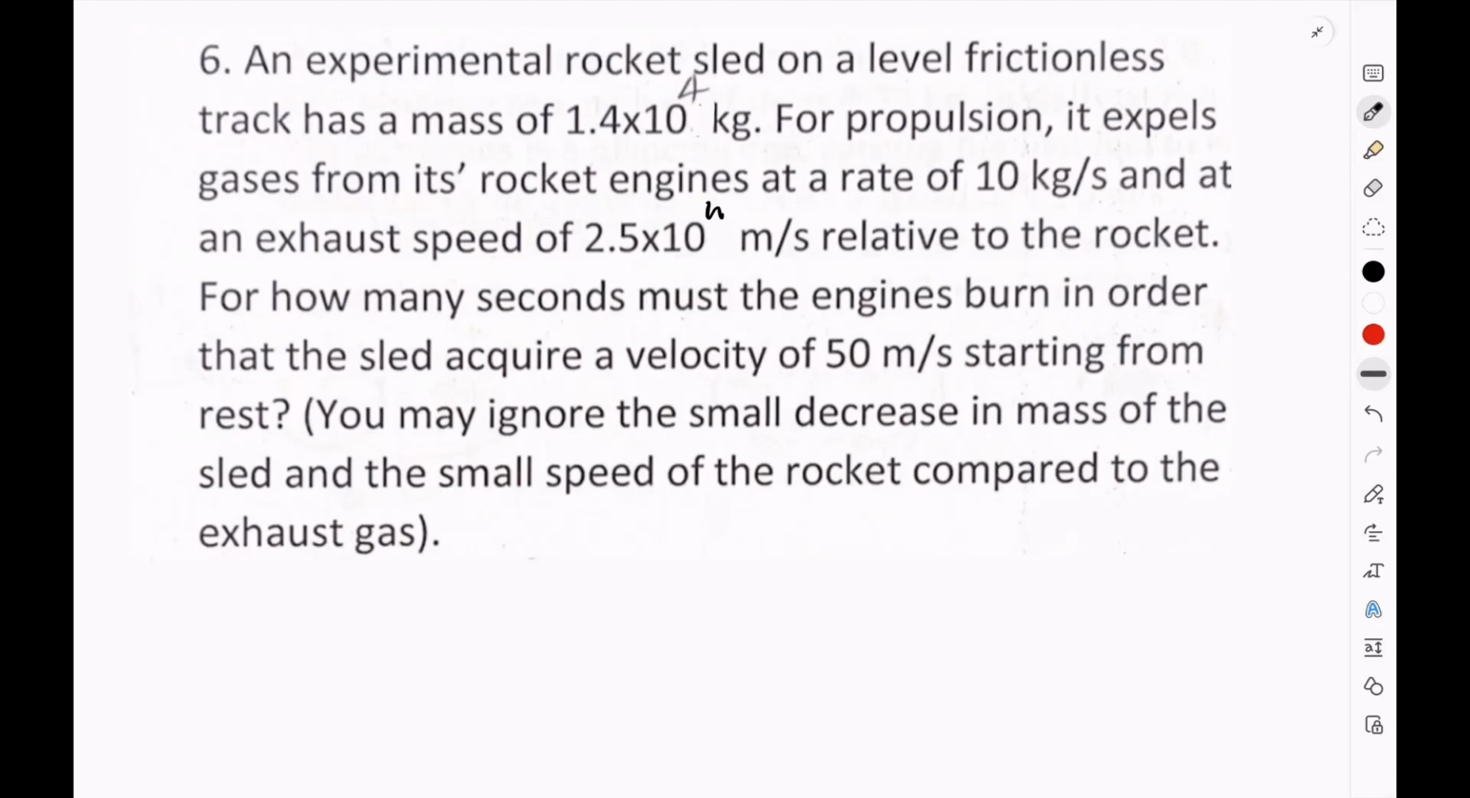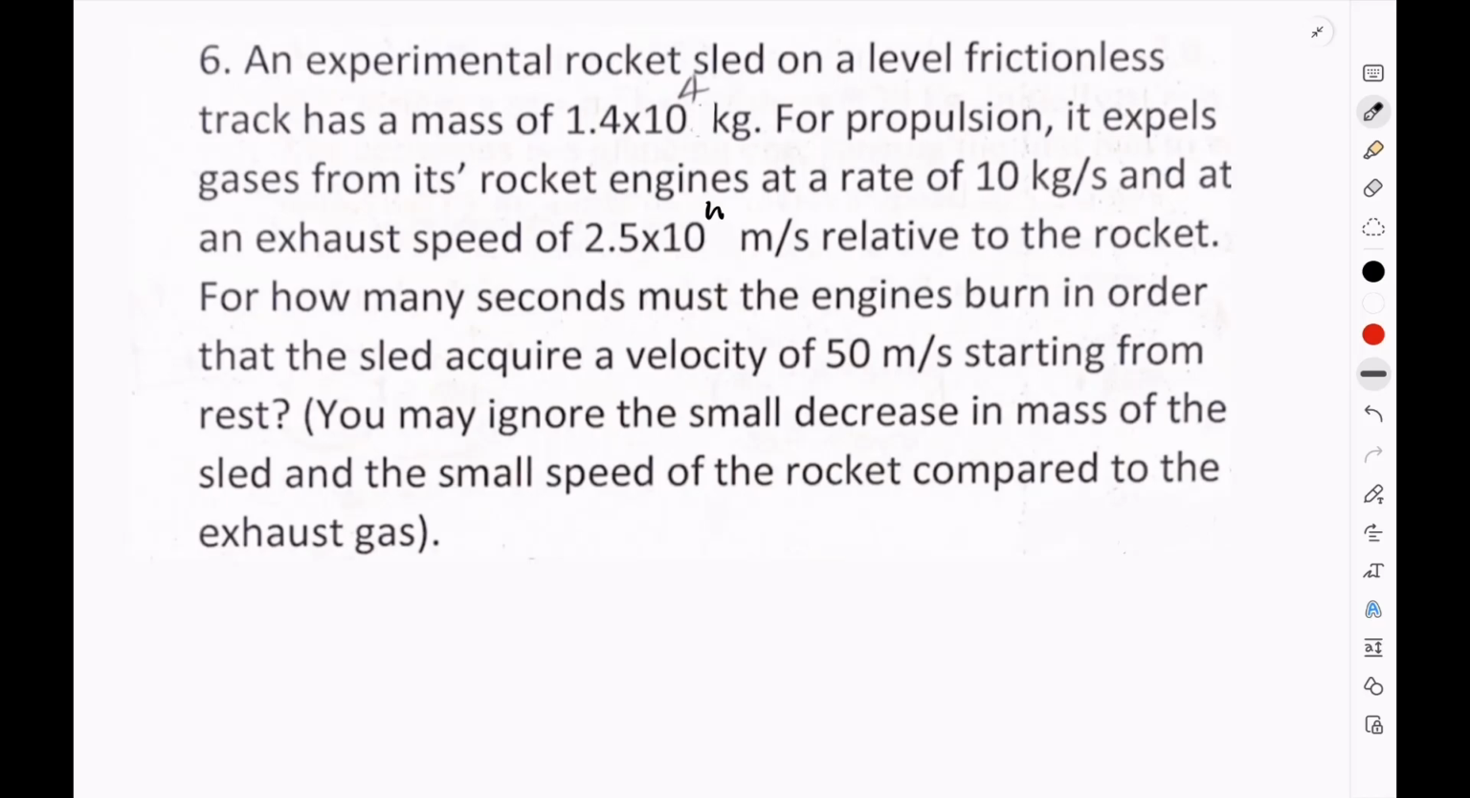An experimental rocket sled on a level frictionless track has a mass of 1.4 times 10 to the 4 kilograms. For propulsion, it expels gases from its rocket engine at a rate of 10 kg per second, and at an exhaust speed of 2.5 times 10 to the 4 meters per second relative to the rocket. For how many seconds must the engine burn in order that the sled acquires a velocity of 50 meters per